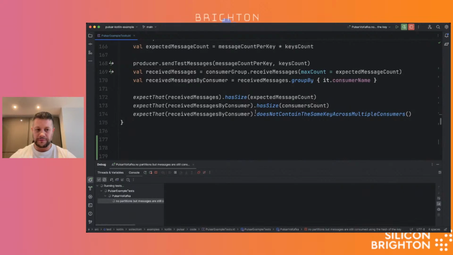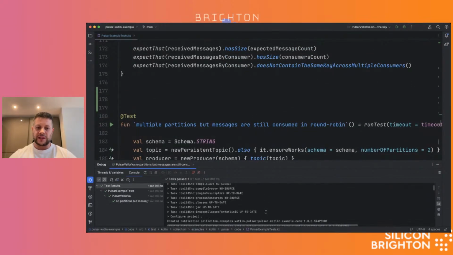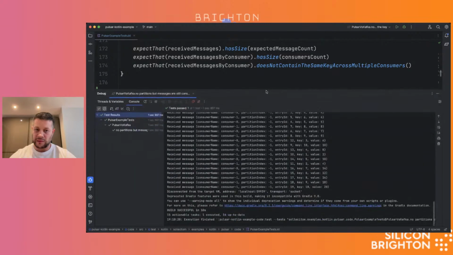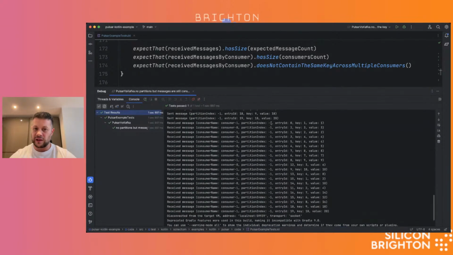And here you go. Probably it's not extremely interesting to look at the terminal, but long story short, for each consumer there are still no partitions. The partition index is -1 for all of them because there are no partitions.